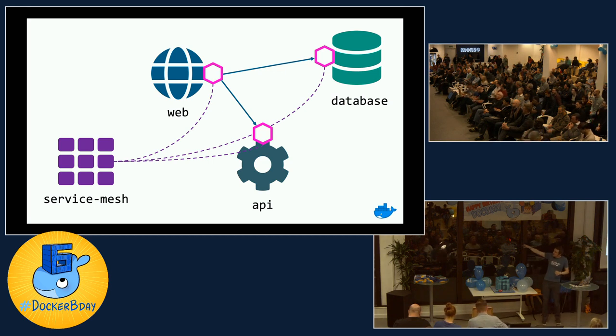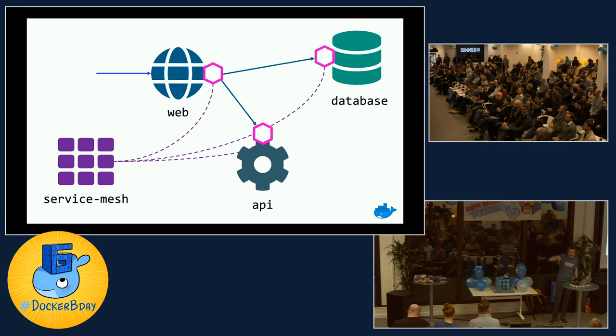So those 1, 2, 3, 4, 5, those hexagons there in pink, they're a proxy. And that's how the service mesh works. So basically, it injects a network proxy into your application component. So when your application thinks it's talking straight on the network to a component called database, actually it's going through the proxy. And the proxy is having rules applied by the service mesh, which says when the client thinks it's talking to database, it's actually talking to eu.prod.database.windows.net or whatever. Okay, so that's how it kind of works under the covers. That's the high level bit.